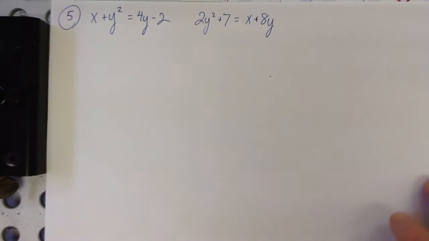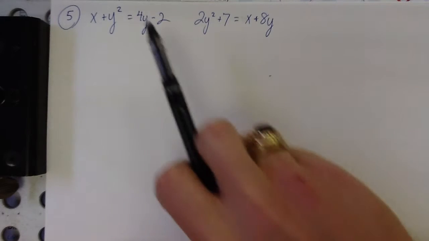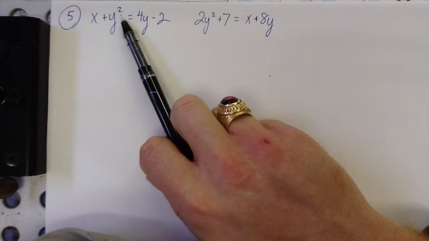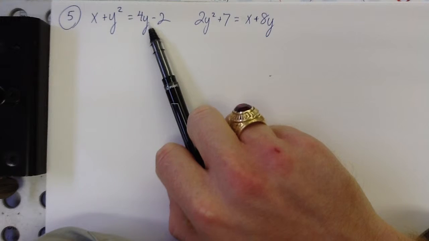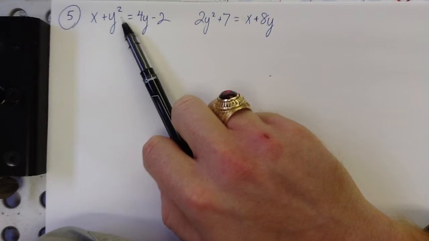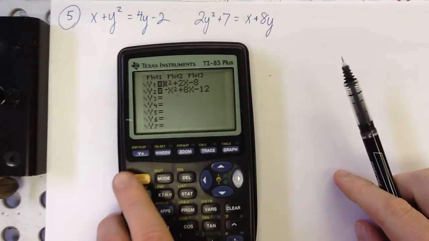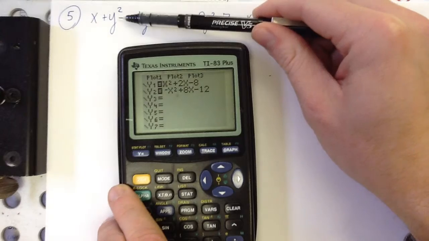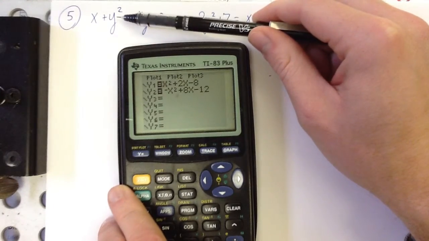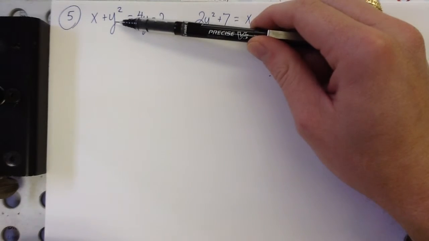Now, I didn't tell you much about this. I didn't tell you how to solve it. Didn't tell you what it was. A little bit different. We got a y squared. We do have a y, but if we try to solve this for y, this y squared is going to really throw things off. If you look at y equals on your calculator, you don't have a y squared option. And you may know how to deal with that, but I'm not going to teach it officially, so probably going to try